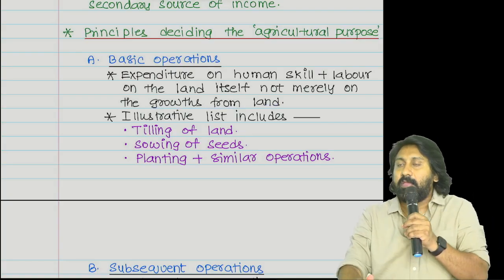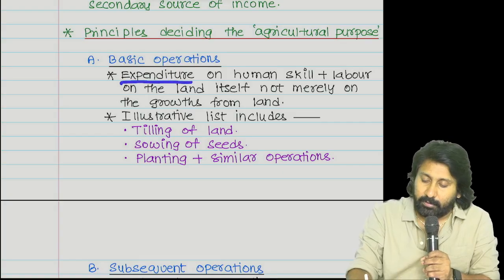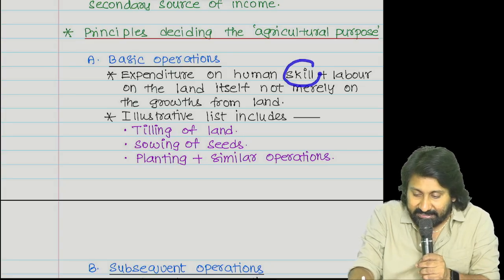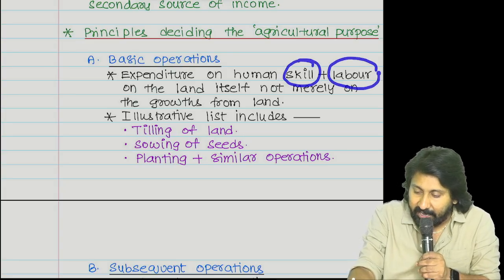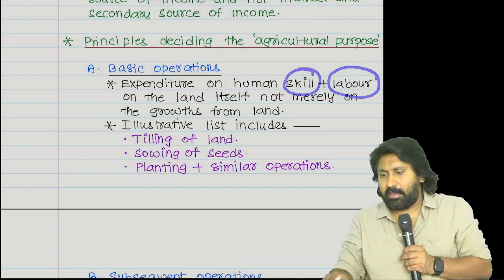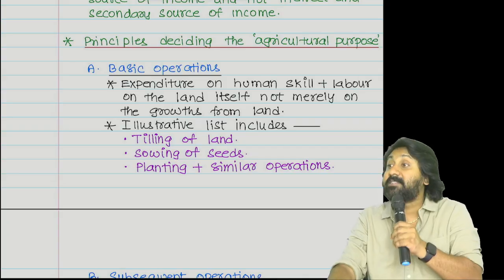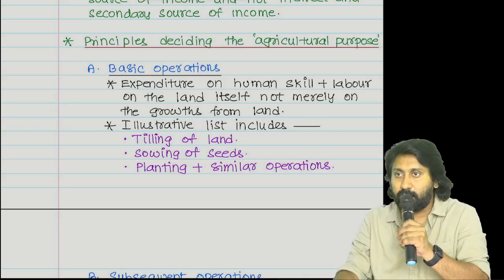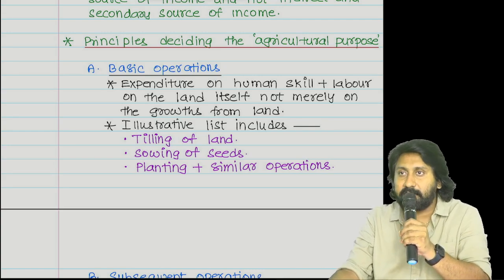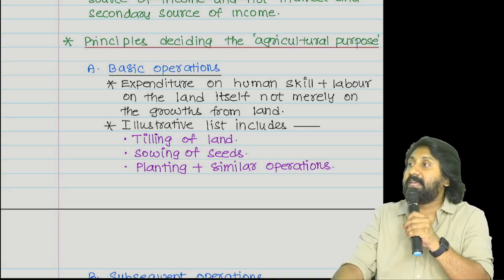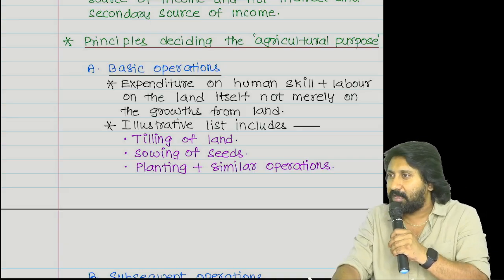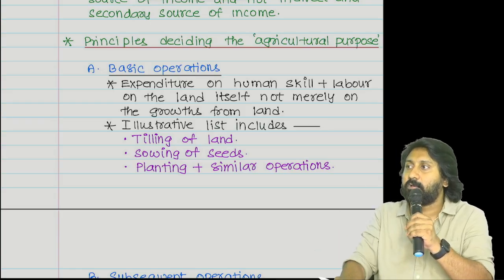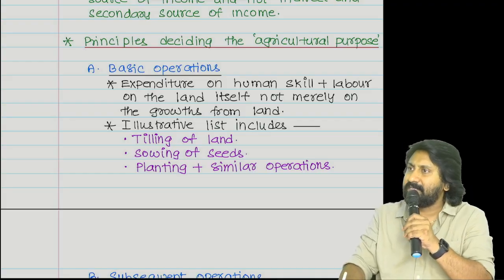Any expenditure you put. Expenditure means not just money. It can be skill. It can be labor. Chartered accountancy is a professional skill. Everyone can't get it. Only a few will become chartered accountants. Those who study chartered accountancy will become CAs. And moreover, is CA a skilled course or unskilled course? Extremely skilled course it is. It requires a specialized skill set to become a chartered accountant. Listening everyone?